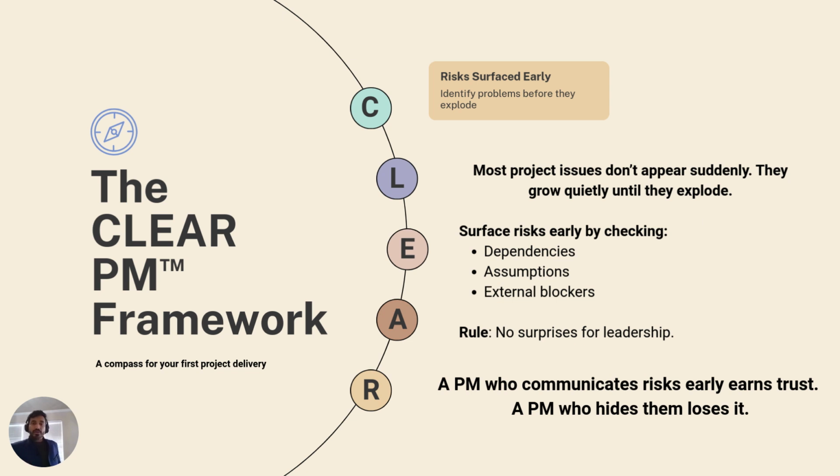And the external blockers: if you are waiting for some materials, you should think about that. What if that material will not be ready or reach on time? Or even on the software side, you are looking for access. What if your IT team will not generate the access for the team? The rule is no surprise for the leadership, right? If your leadership is surprised when you talk about the risk, it means you have to rethink your approach to risk management.